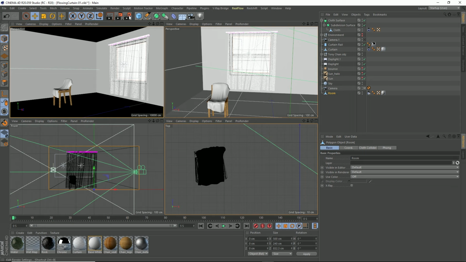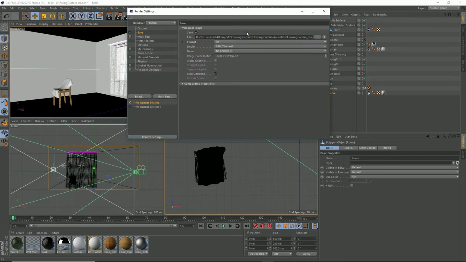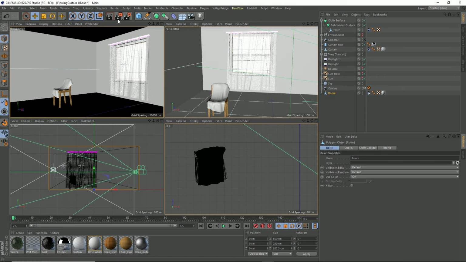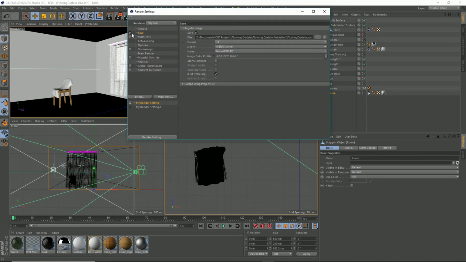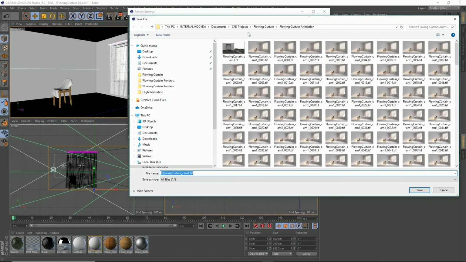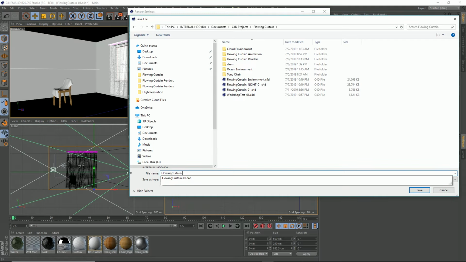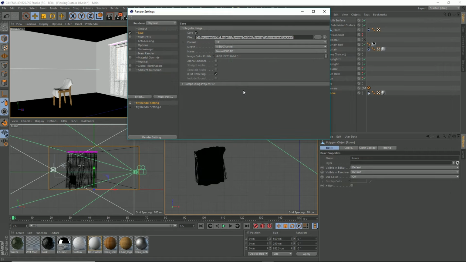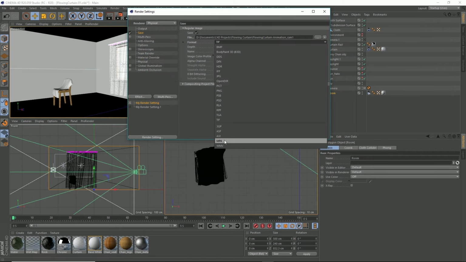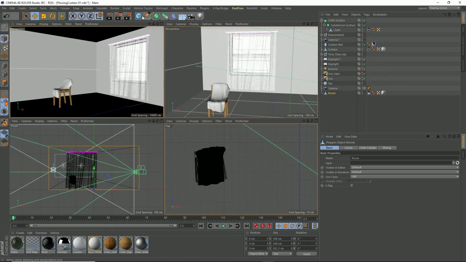it's also asking me, I can choose a place on where to save it before I hit render. I'm just going to uncheck save for now, because you can also save after the rendering's finished. Maybe to be safe, you might want to check this. Go find a place where you want to render it. Just call it flowing curtain animation and camera 1. Set your format to MP4, and that's it. Now if you hit render,